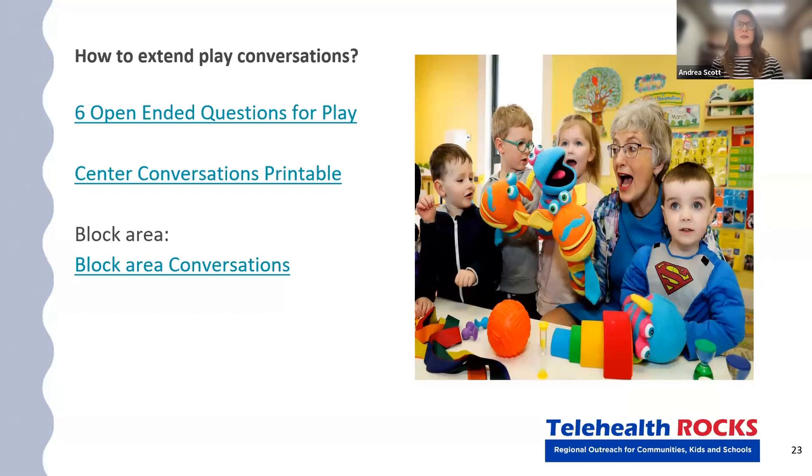The next slide here is about how, oftentimes when we're allowing children to play, as adults, we ask, hey, what color is that? How many do you have? But sometimes we forget that we have to activate the brain and cause some higher order thinking, or increase that rigor. So here's a list.